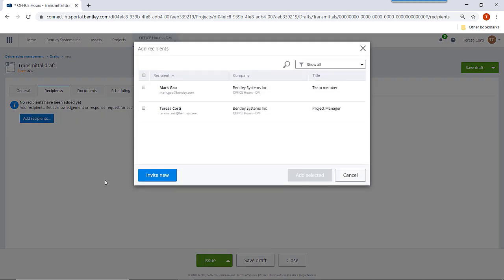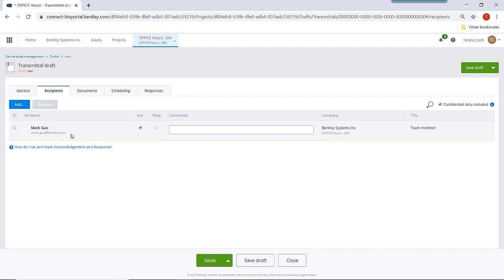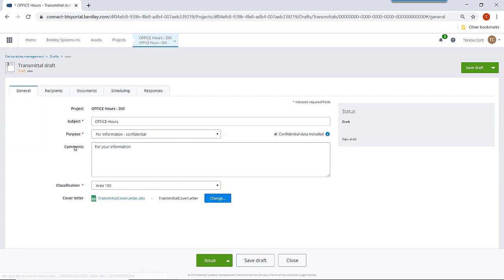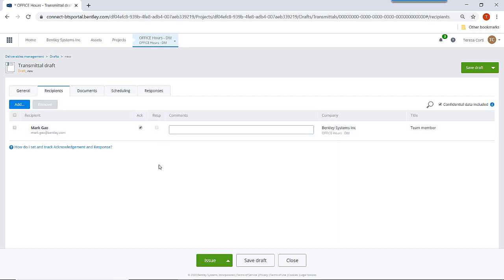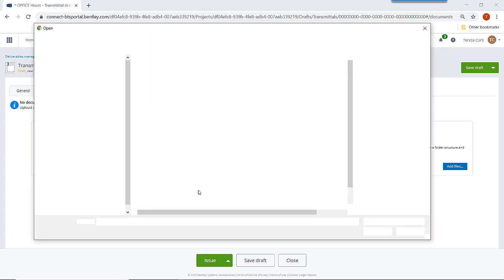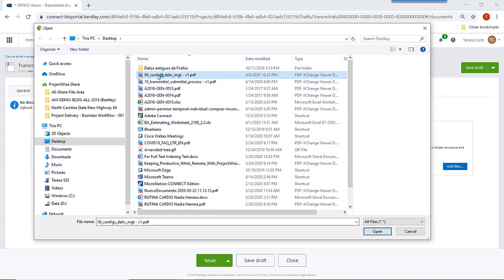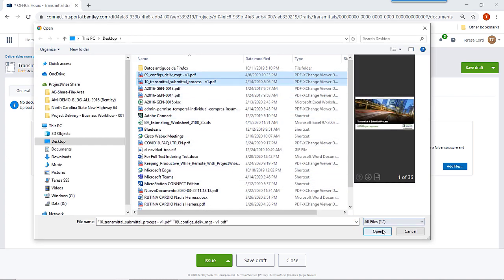The recipients, in this case, I have only another recipient from my own company. As the purpose is for information only, the recipients are not expected to respond to the transmittal, so only the acknowledge option is checked. Then I will add some documents, a couple of documents,